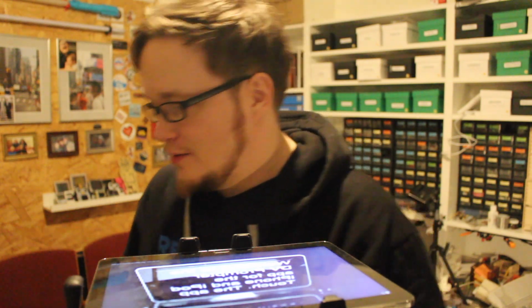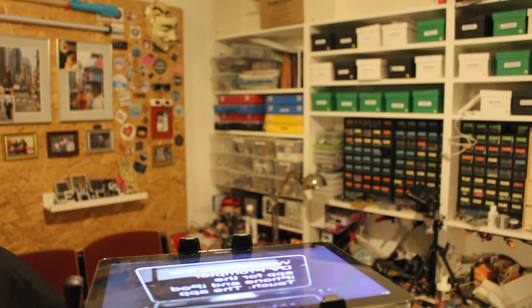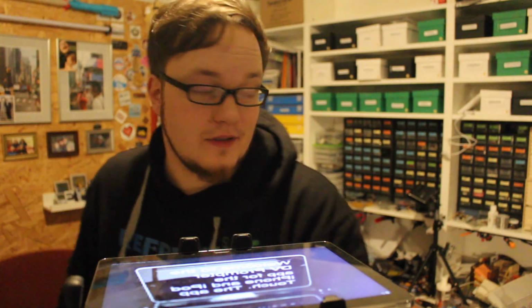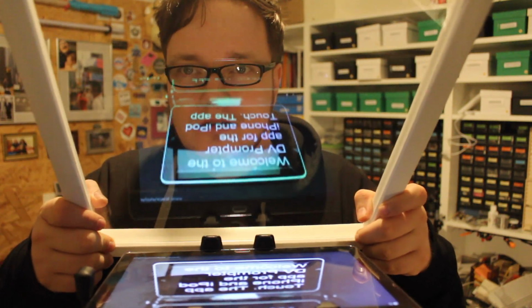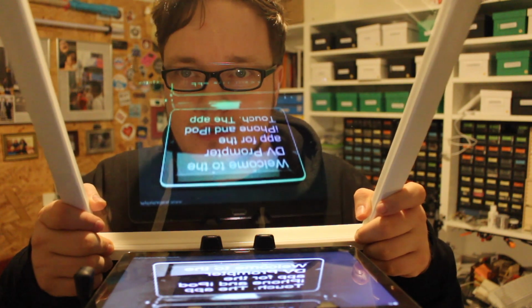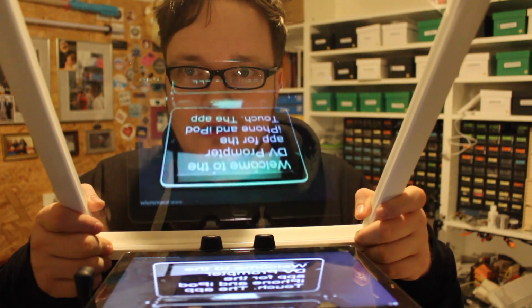I've taken the photo frame apart, the picture frame. The printer is starting. It's close to 10. Anyway, can you read this? I think you can read this. For me it's still mirrored, but this is how the thing would work. And this is what you would see. And there's a bit of reflection, and I hope the window isn't that bad, but you would probably see something like